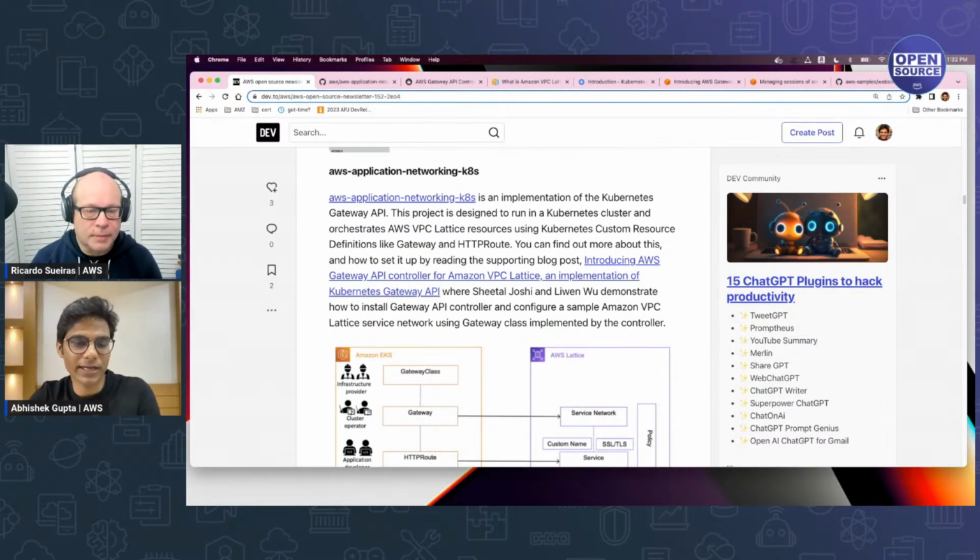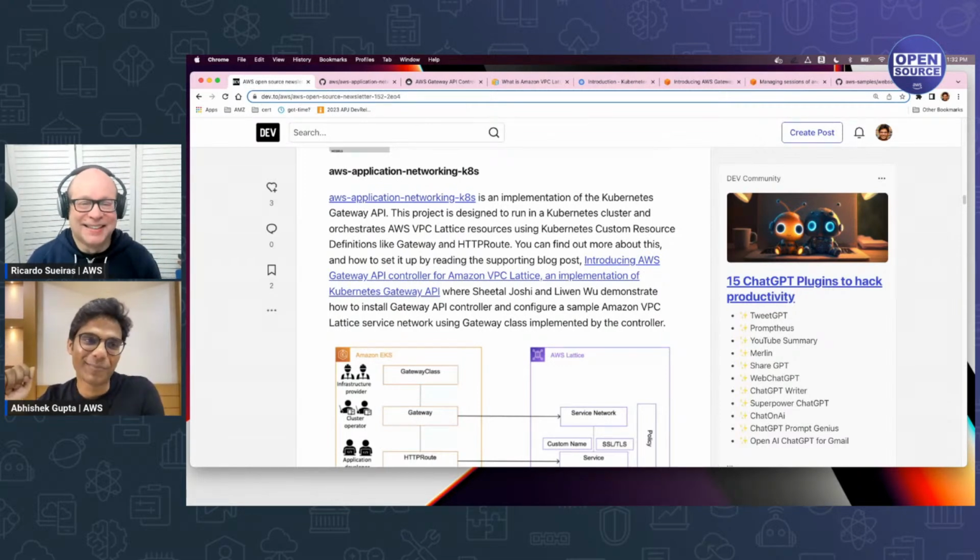If you see the AWS Gateway API controller for VPC Lattice, I know it's a bit of a mouthful, but it's a great name, isn't it? Yeah, I know. Naming is always hard. But to be honest, this was new to me, and I decided to peek in. Just to give you an idea of what this is in a nutshell, it marries the Kubernetes networking world, which is the Kubernetes Gateway API, with the AWS world, which in this case happens to be VPC Lattice.